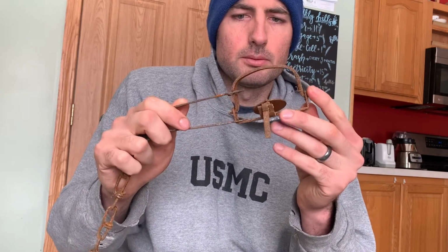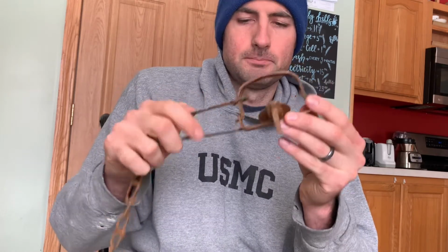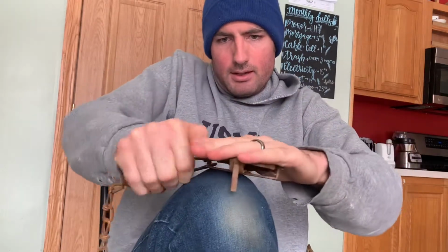So when you're using these kind of traps, you're going to want to get it next to the hole that they're coming up out of, and I'll explain that a little bit more once I get out there. But I want to show you kind of how I set this trap. Pretty easy. So get my knee up so it's kind of at your guys' height. You're going to push down on this spring, right? Push down. Kind of awkward because I got it on my knee at a height, but anywho, push it down. You're going to flip that over underneath the trigger,